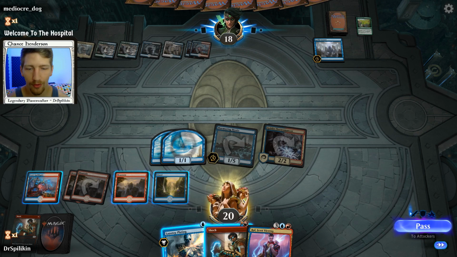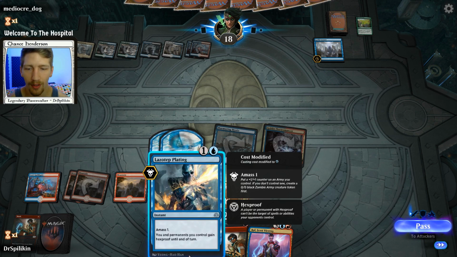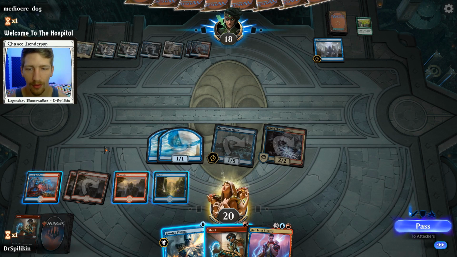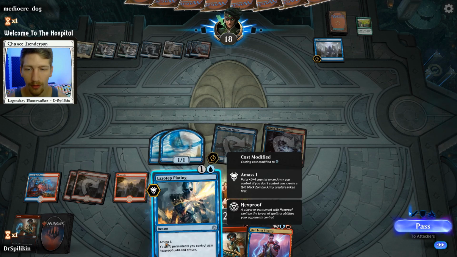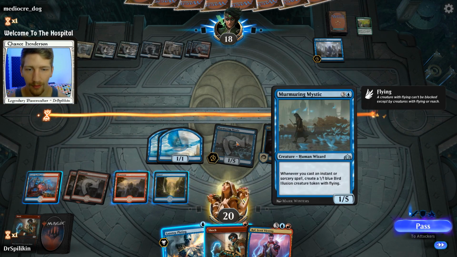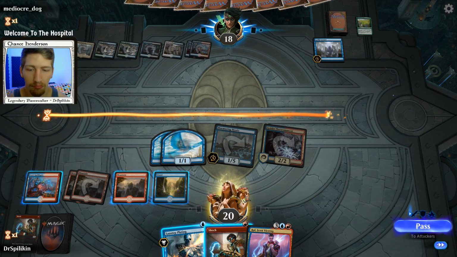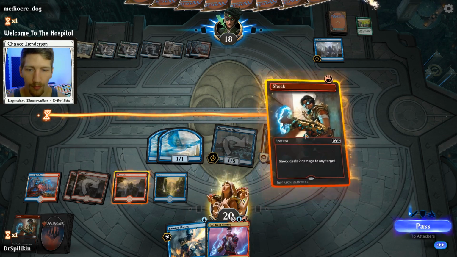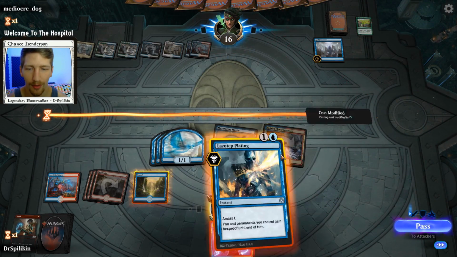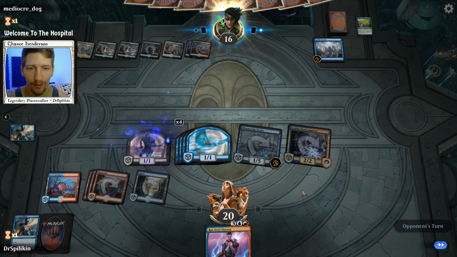We could go for the super tempo play, shock them in the face. They're down to 16. We create another bird. We Lazotep Plating. We create another bird plus a 1/1. So that's 1, 2, 3 more attackers. So that's 5, 6, 8 damage. They're down to 8 after that. Yeah, why not? If it's a Gates deck, let's do this as quick as possible. And again, Lazotep Plating doesn't work against...